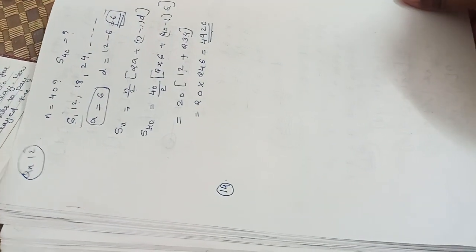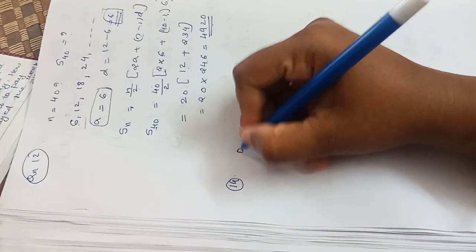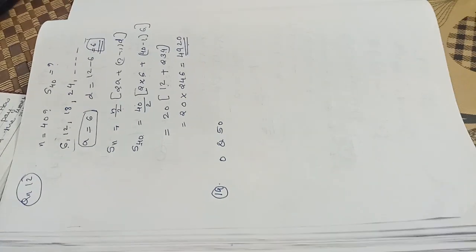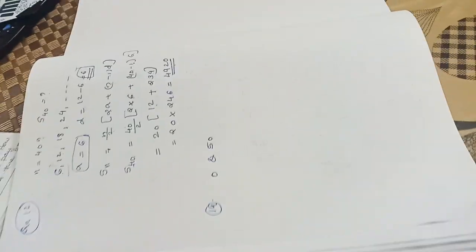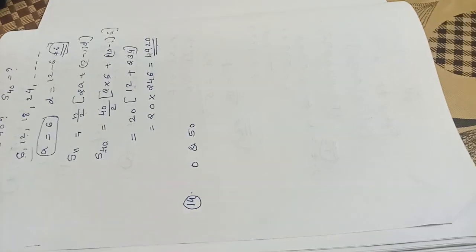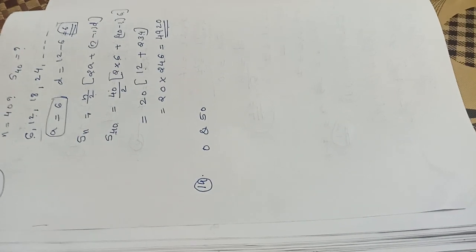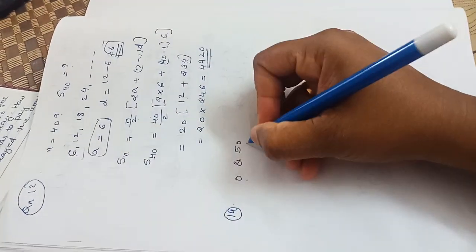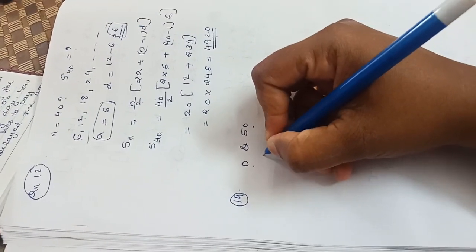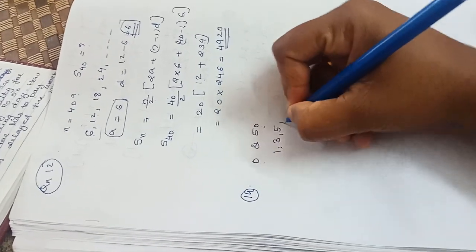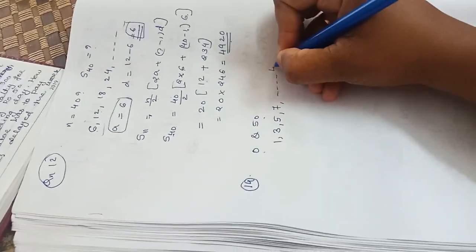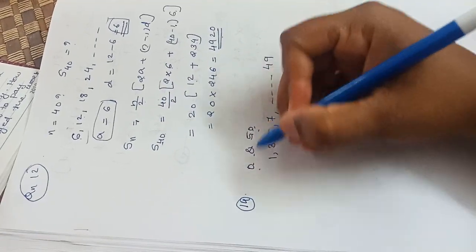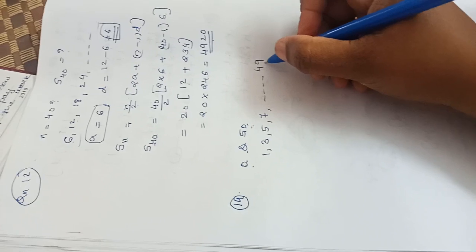Find the sum of the odd numbers between 0 and 50. So you have to find the AP just like this. Odd numbers mean starting with 1 and continuing 1, 3, 5, 7 like this, correct? So between 0 and 50 we can write the odd number series 1, 3, 5, 7 and till 49. 51 we cannot write because it should be between 0 and 50. So the last number is 49.